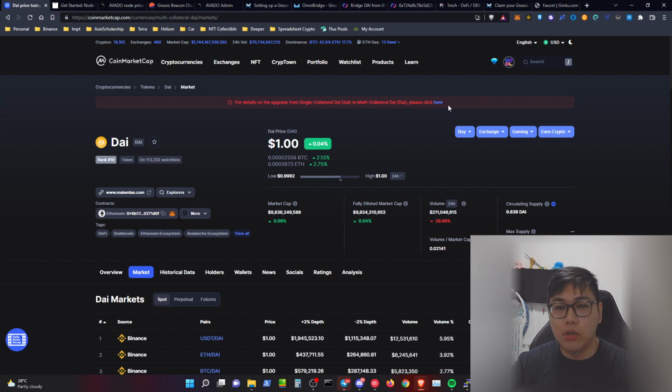So for Ethereum itself, we know that you need to have Ethereum to transact, and for Binance Smart Chain, you need to have the BNB token, and if let's say you're using the Oasis network, the Rose network itself, you need to have the Rose token, and if you are using Cardano, you need to have ADA, and if you are using Solana, you need to have Solana's SOL token to transact other tokens.